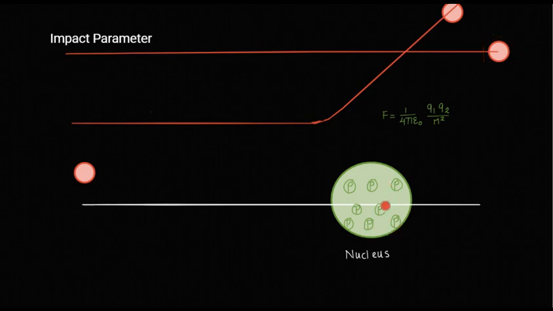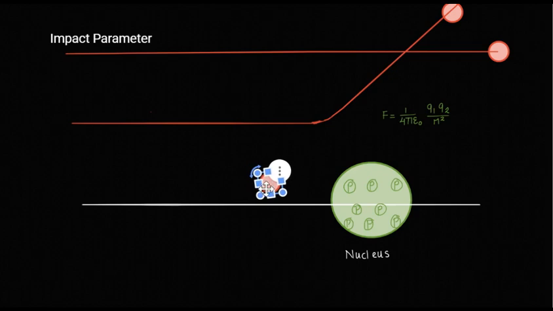Is there any impact on this alpha particle due to the nucleus? No. Why? Because this is very far away from the nucleus. Fine. Now similarly, let us consider this third alpha particle, this one. Let us keep it closer to the center of the nucleus. Suppose it is somewhere closer to the center of the nucleus. Now what will happen as this alpha particle approaches the nucleus?